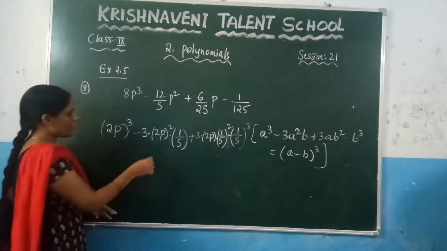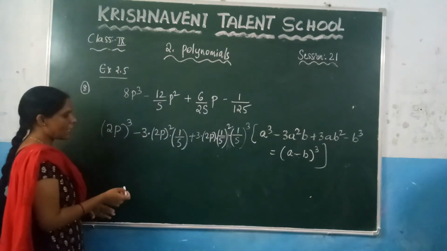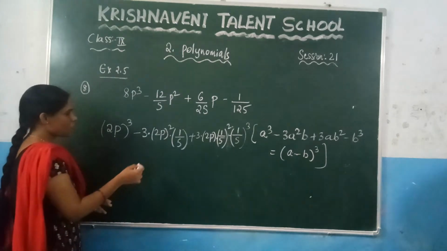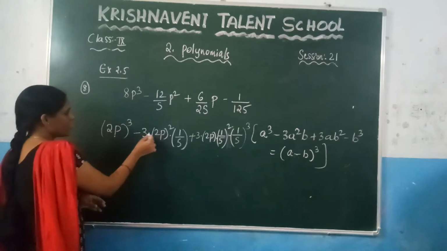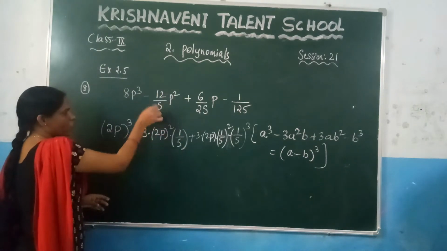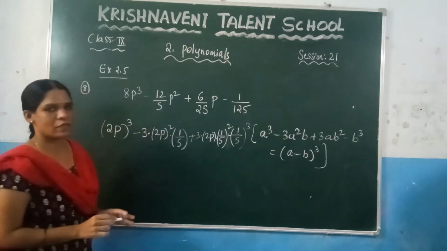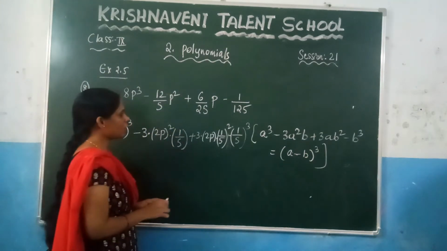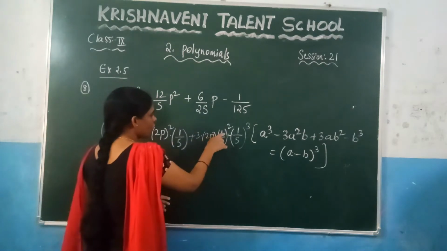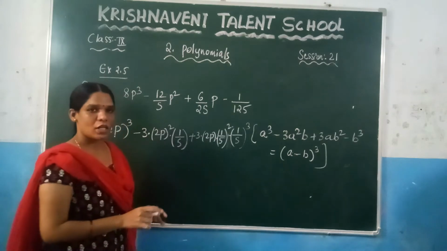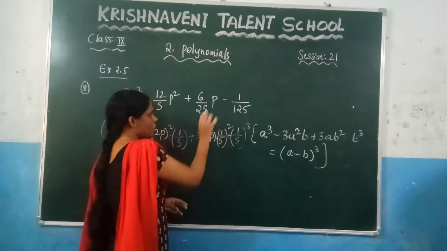Now check whether these two terms are equal to this one or not. So here I am directly solving. You can observe 2 square. What is the value of 2 square? 4. 4 into 3 is 12. Denominator 5 is there. What is left out here is p square. So this value and this value are the same. Now see the next term here. What is 3 into 2? It gives you 6, and 6 into 1 square again is 6. Now check the denominator: 5 square, which is 25, and p is there.